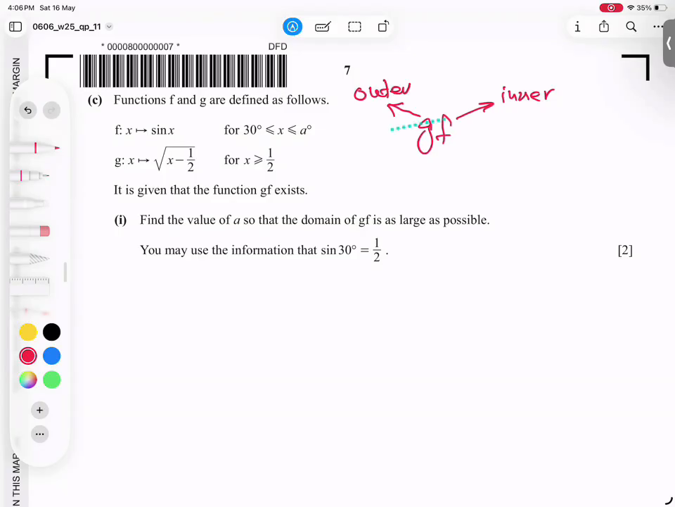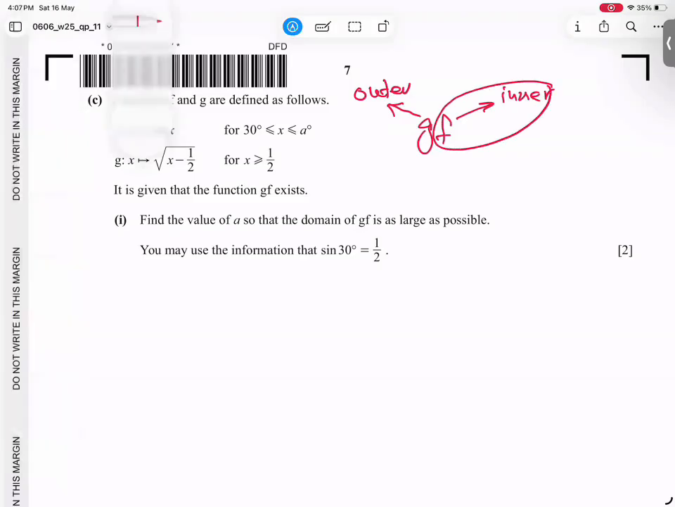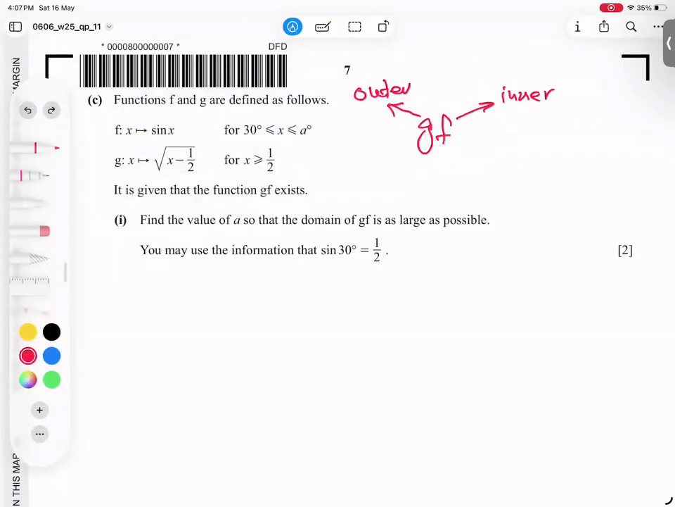Basically, what's the condition? I just tell a reason for it. Whenever it's possible, how can we do it? The range of the inner function, I repeat, the range of the inner function must be equal to, or we can say must lie inside, the domain